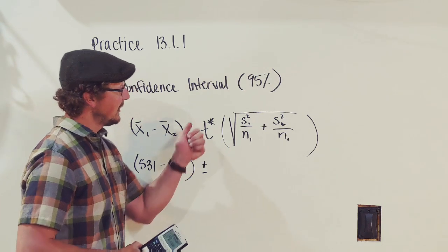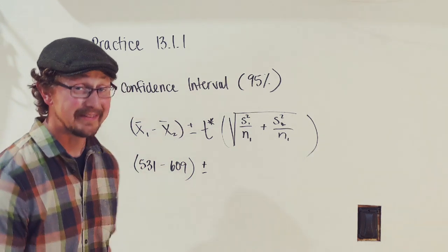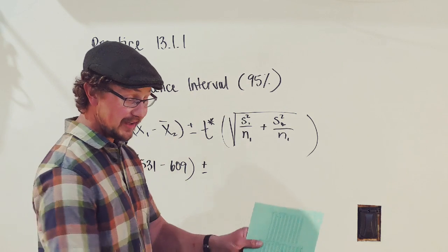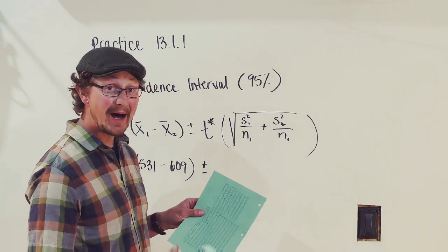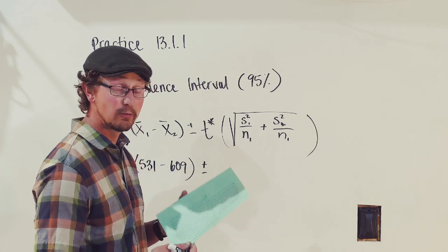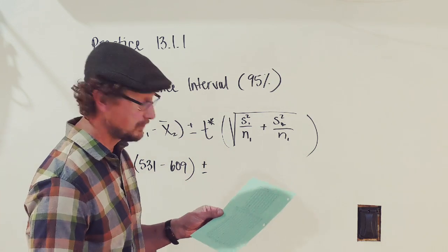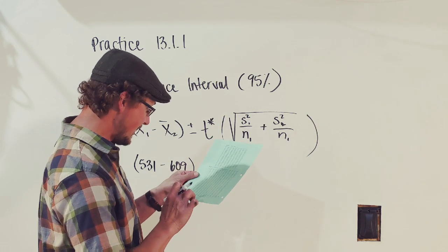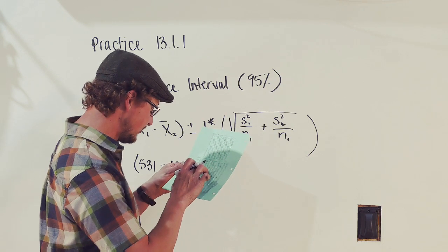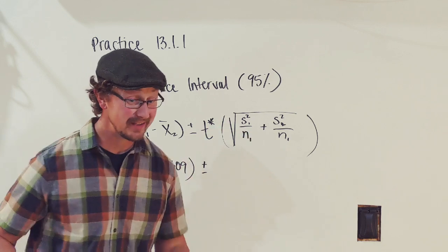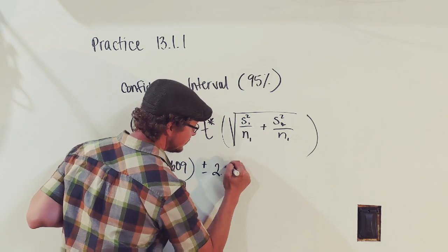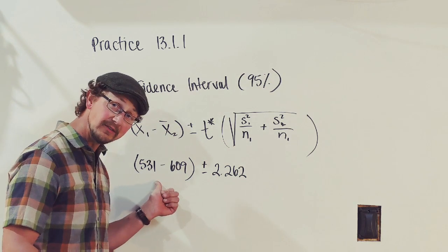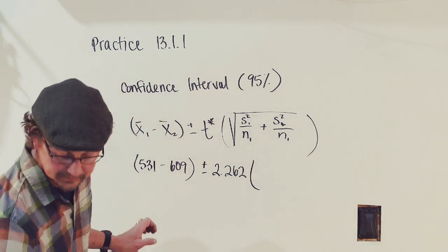Plus or minus t star. Now t star for a 95% confidence interval with 9 degrees of freedom, remember our sample size minus 1, can be found using our table C right here. It'll also pop up in your calculator if you run the confidence interval function. So 9 degrees of freedom, 95% confidence interval. I'm just going to bebop on up here, and it looks like that is 2.262. So 2.262 standard deviations up and down from the difference times,